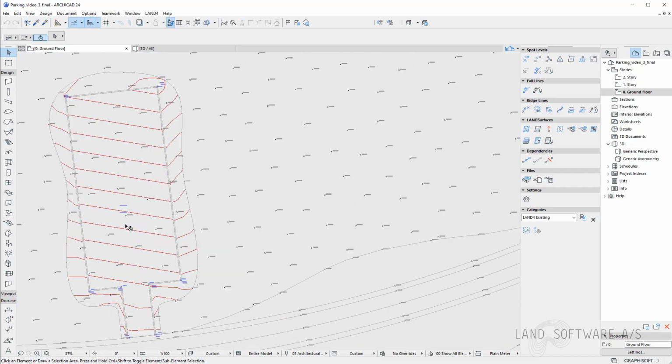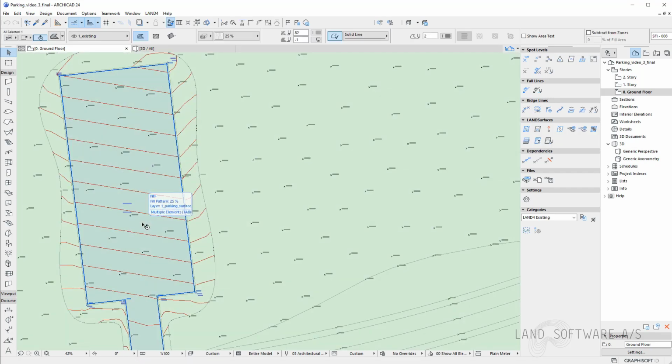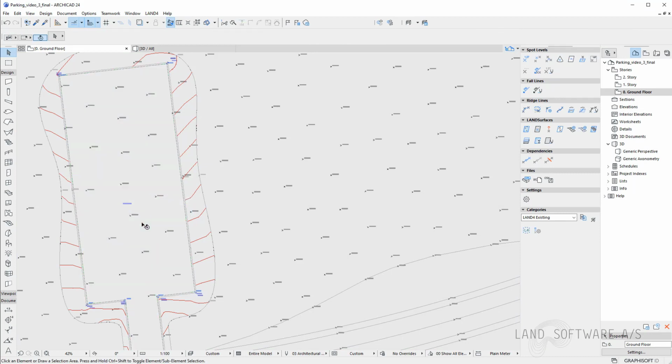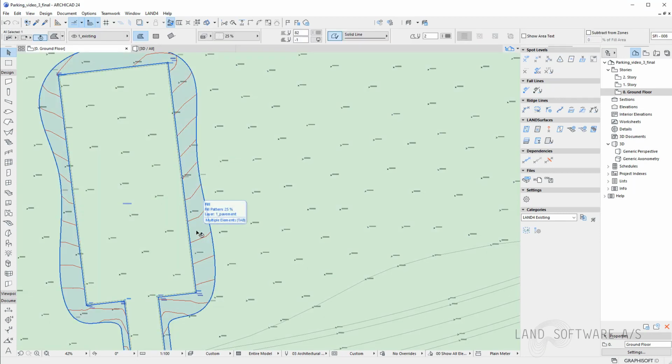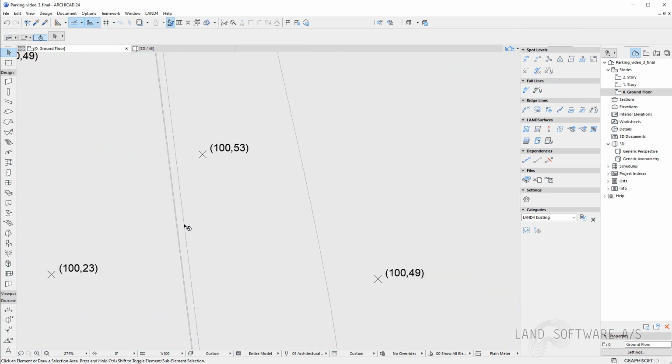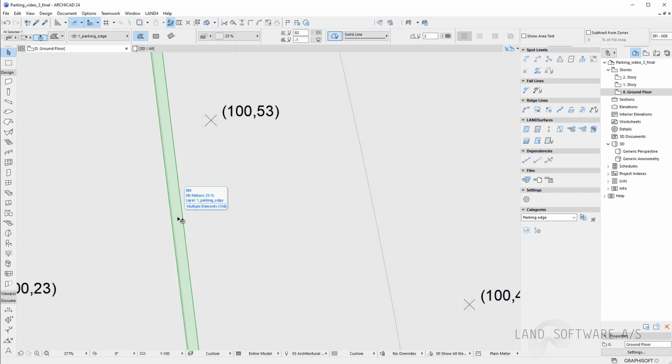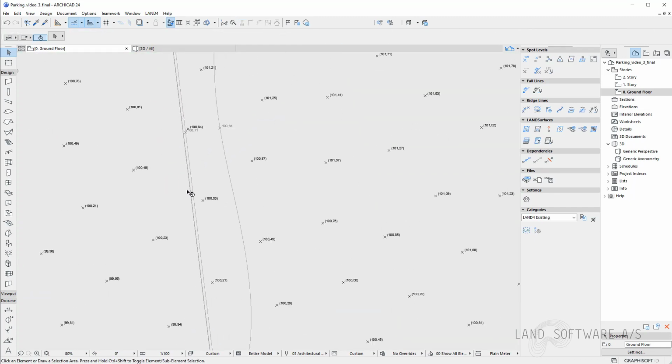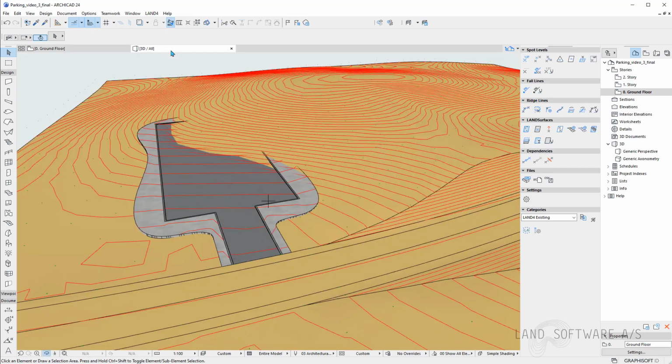So I will start by deleting the constructed surfaces. So the parking surface and the pavement, and also the parking edge. And now I will have the ridge lines and the spot levels left.